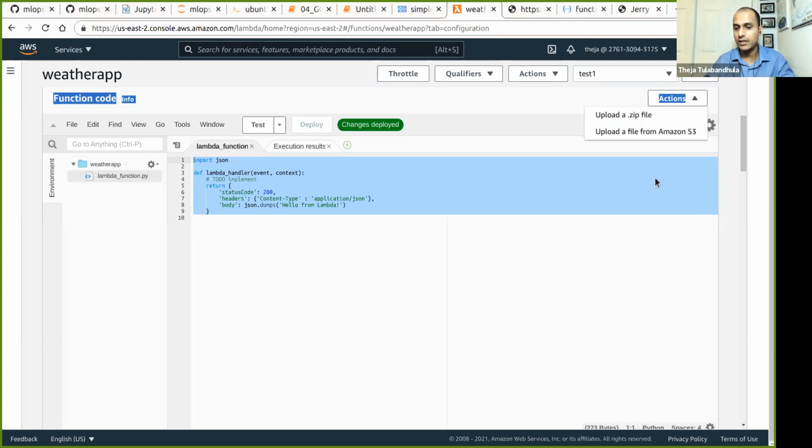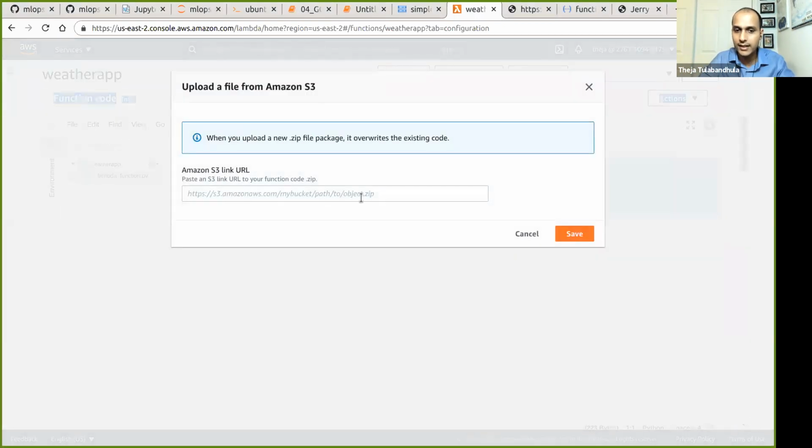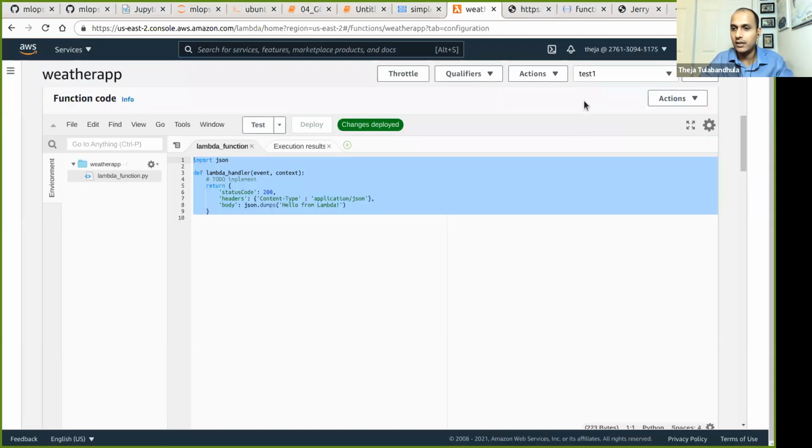What I'm trying to say is that in an ideal world, you would work on your model, train the model, dump it to S3, and then when you're setting up your Lambda function, you would upload that model file through this interface. You can just click on that and say, where's my model file, and upload it from there. So we're gonna skip that part.